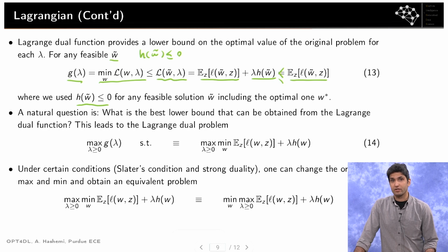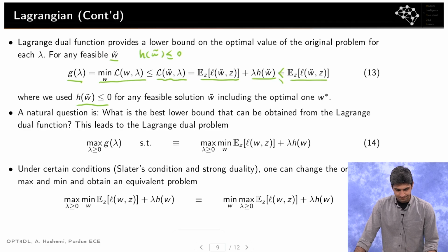It must satisfy the constraint and also achieve the lowest loss. Therefore, given that equation 13 here applies to any feasible solution w tilde, it must also apply to the optimal solution w star. Therefore, the Lagrange dual function provides a lower bound on the optimal value of our original objective problem,